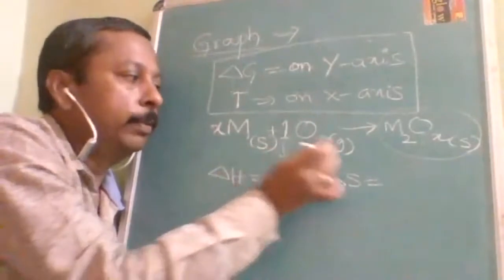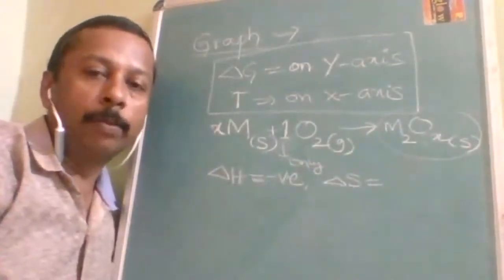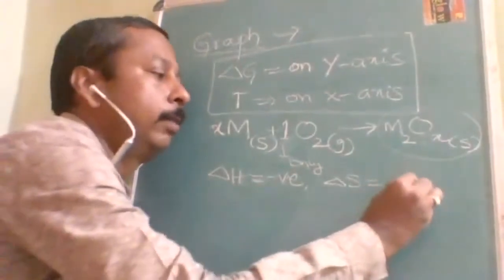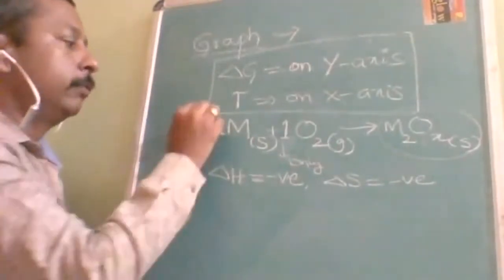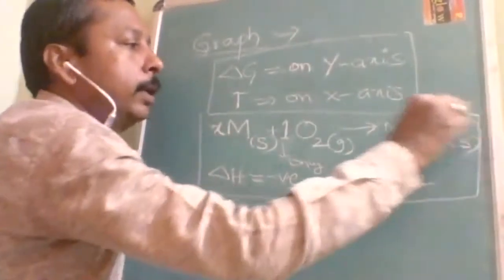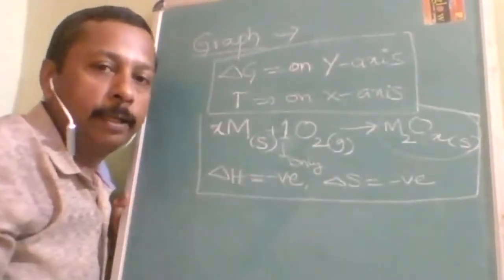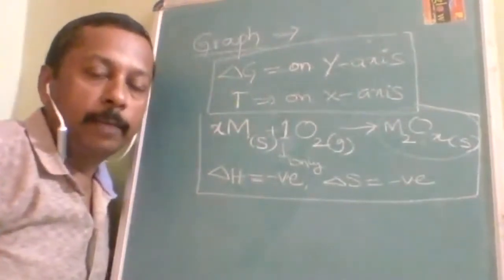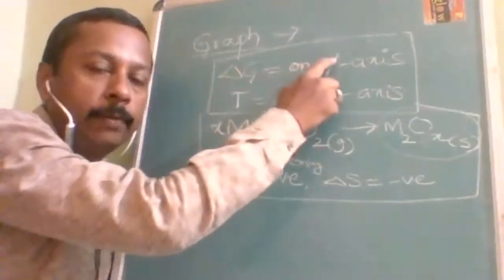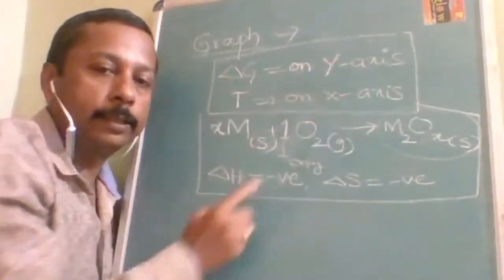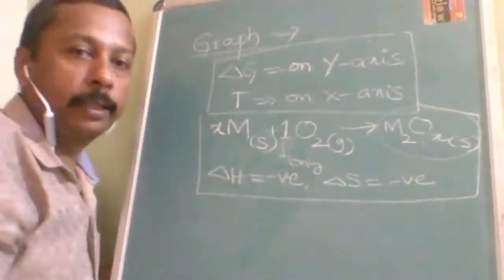So we are moving from the gas to the solid. So entropy will be decreasing. Entropy will be decreasing, so that time delta S will be negative. Delta S will be negative. Okay. So for this reaction, we are going to construct a graph. All this information is required for the Ellingham diagram. The Ellingham diagram is drawn for this reaction, and these are the parameters taken on the y-axis, this is the parameter taken on the x-axis, and these are the signs of delta S. Are you ready for understanding the graph now?